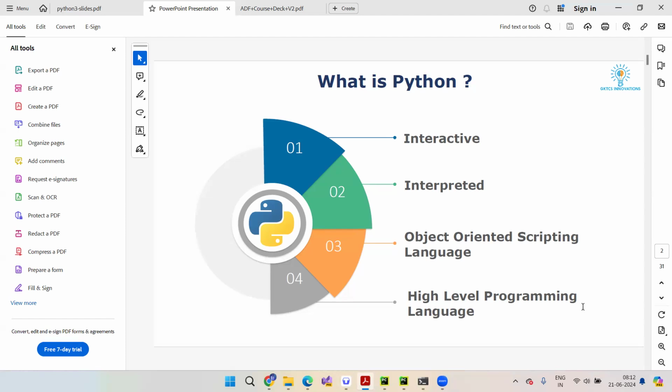What is the interactive nature of Python? The interactive nature of Python is that you can actually communicate with Python, like you communicate with a human being.